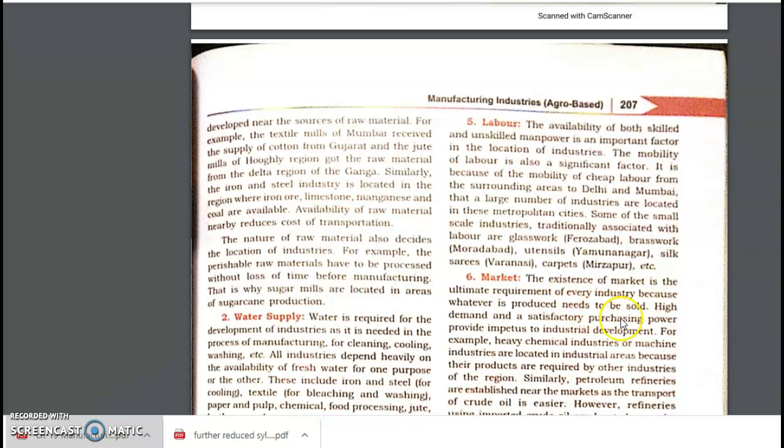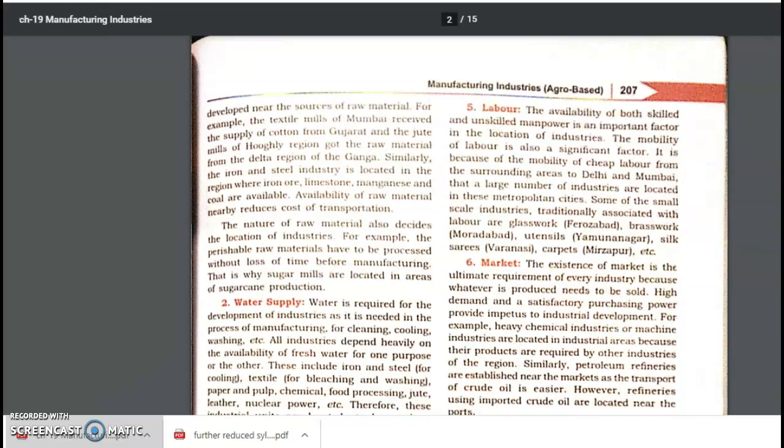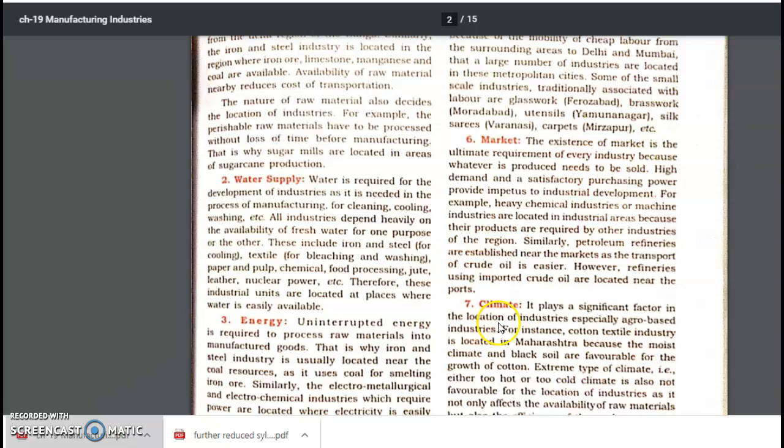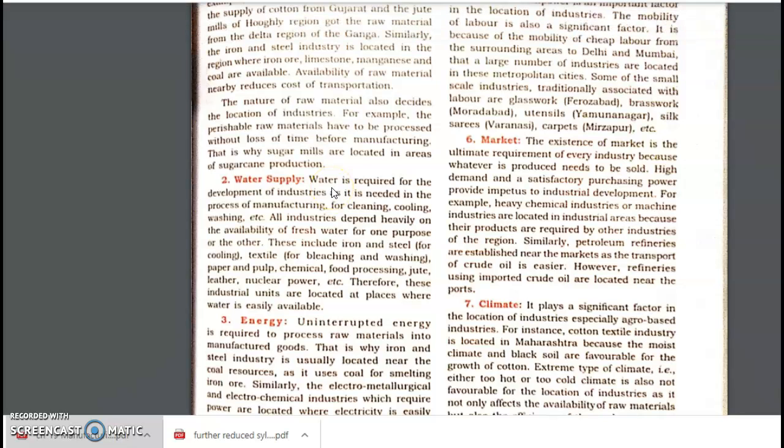The next important priority for the location of industry is the water supply. Any industry, whichever is developed, needs clean water for cooling or washing the products that are used. So here we are talking about the water requirement for the development of the industry. It is needed in processing, manufacturing, cleaning, cooling, and washing. All industries depend heavily on the availability of fresh water for one purpose or the other. They include iron and steel, textile, for